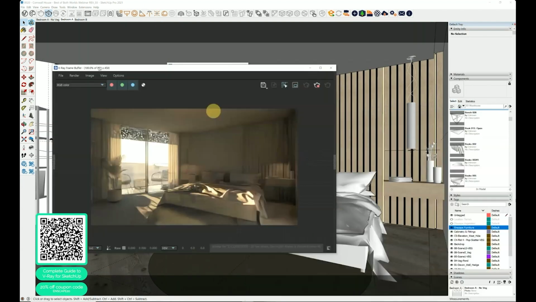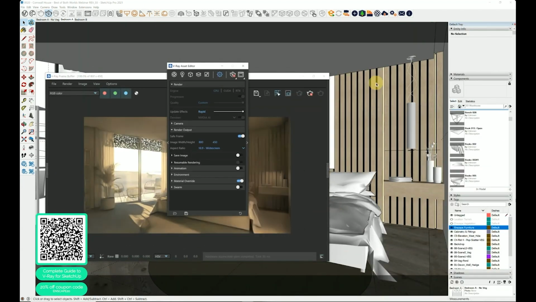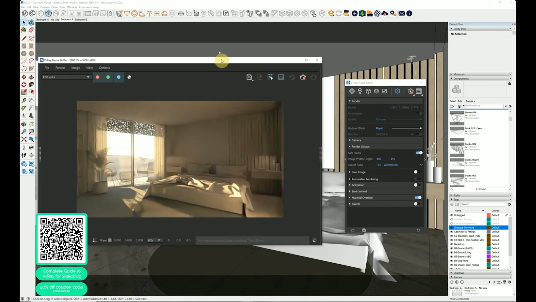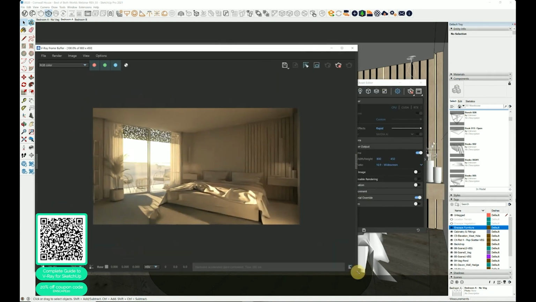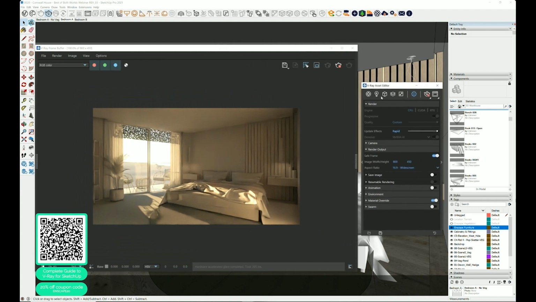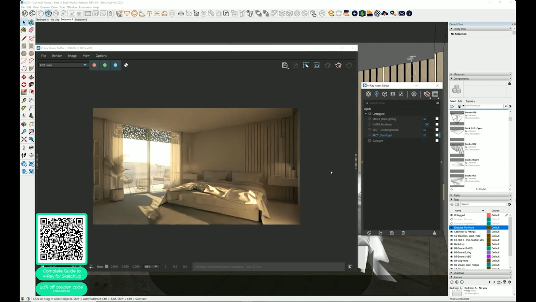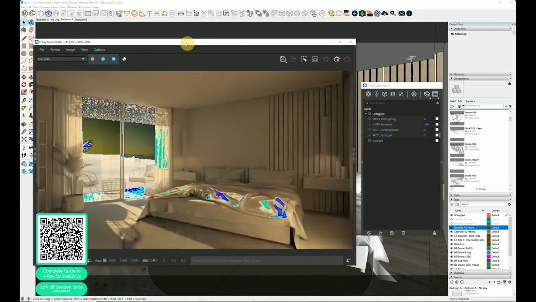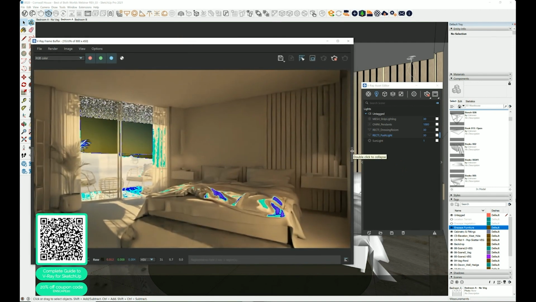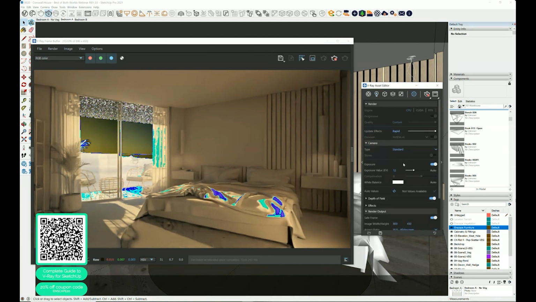Now, what we're looking at here is basically the exact same thing we got from Enscape in the first place. The sun and sky hasn't been changed. It's still conforming to the same sun that we set up in Enscape. But what we now need to do is control just how bright all of this light is as it enters our camera. And so there's a few different ways of doing this, but the easiest is probably just to adjust this